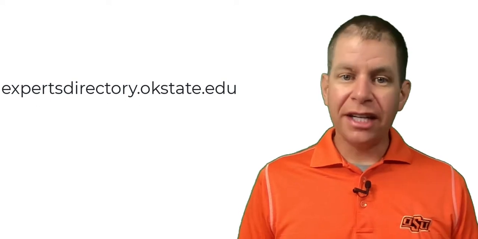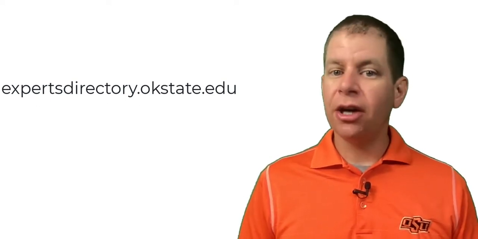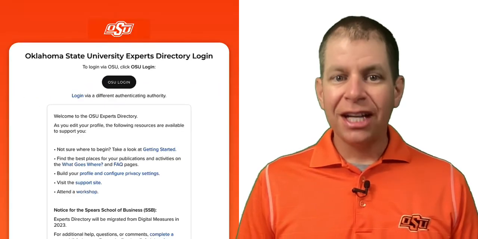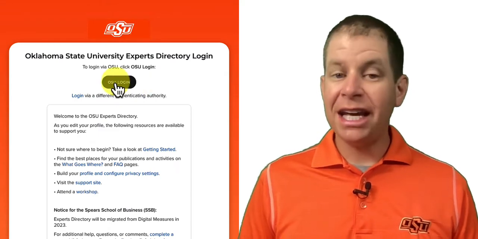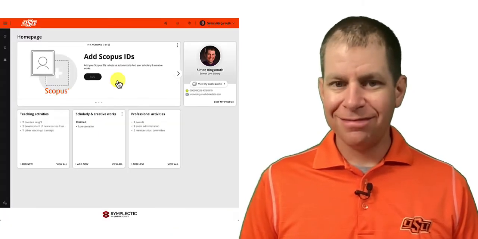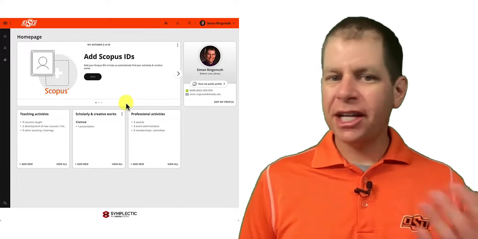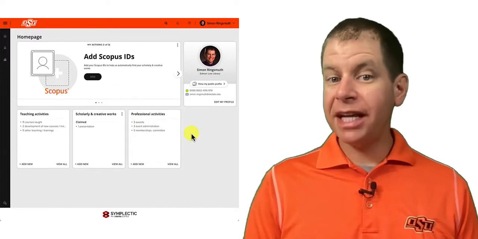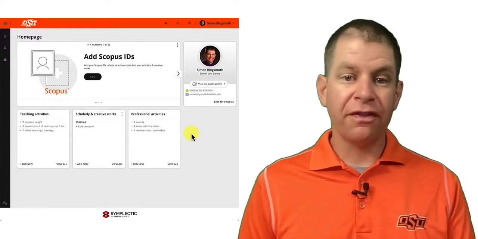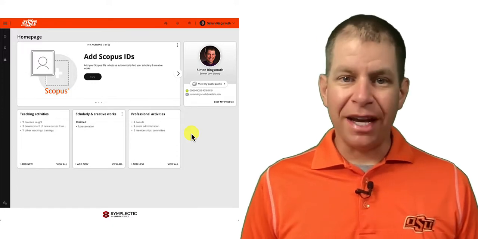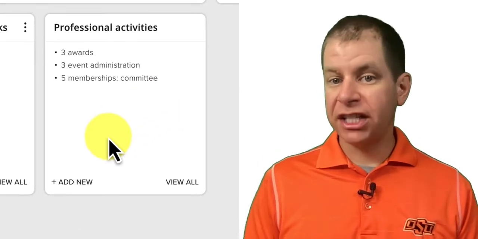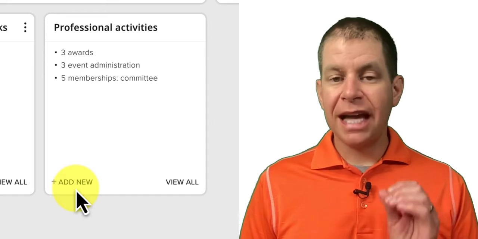First, log in by going to expertsdirectory.okstate.edu. Click the OSU Login button and enter your OKey credentials. The next screen shows your Experts Directory profile, and there's a couple ways to add a committee membership to your professional activities. The easiest way is to locate the card that says Professional Activities and click the plus Add New